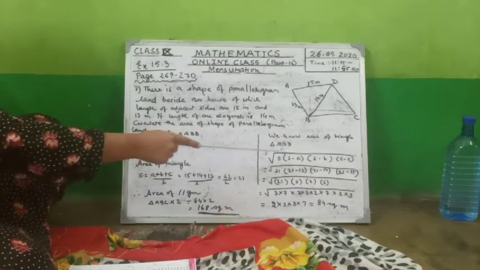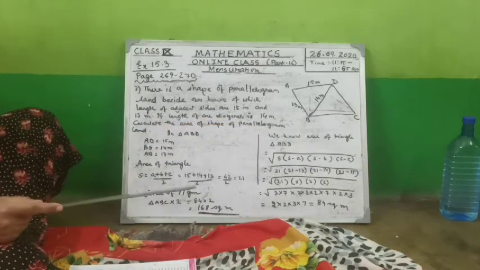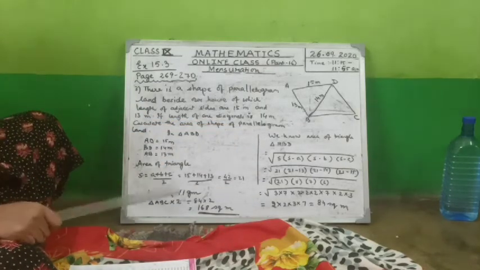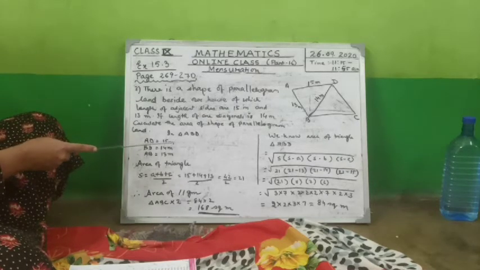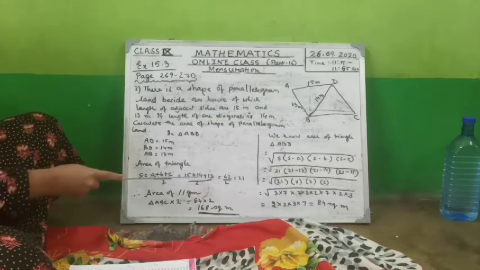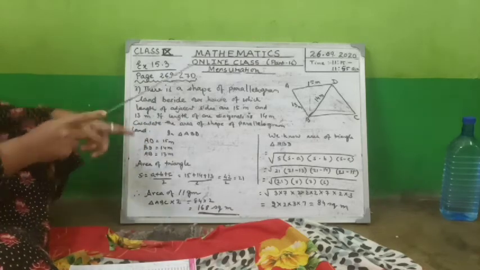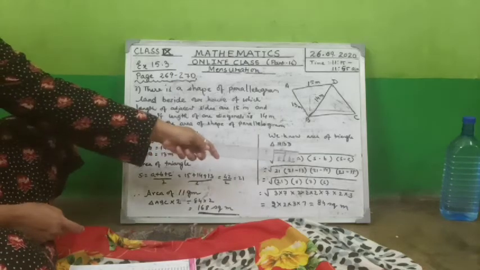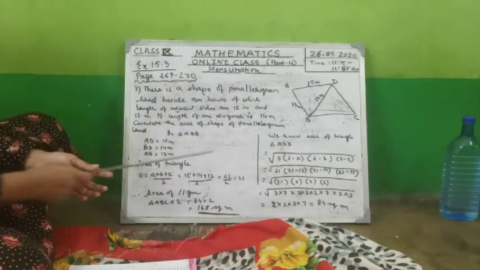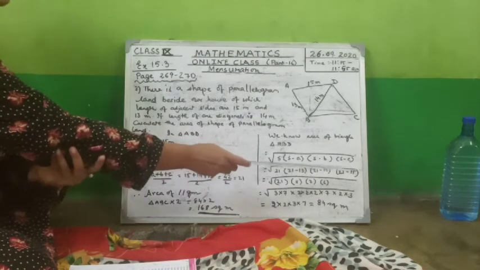Area is equal to root over of s into s minus a, s minus b, s minus c, where a, b, c represent 3 sides of the triangle. Now s is equal to the sum total of a plus b plus c divided by 2. So 15 plus 14 plus 13 divided by 2, that is equal to 42 divided by 2, that is equal to 21. So we got the s. Now s is 21. So area is root of s into s minus a, s minus b, s minus c. So it is 21, 21 minus 13, 21 minus 14 and 21 minus 15.